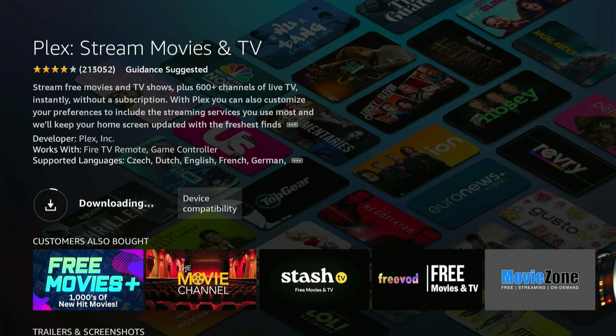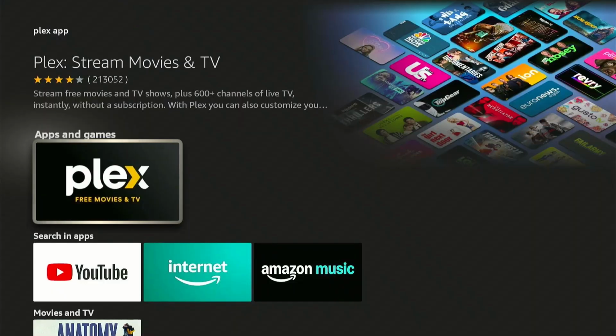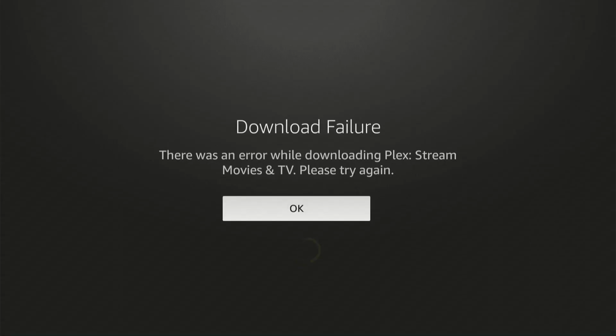Now very quickly I'm just going to download that update and get it installed. This can happen where you download an application, it downloads without the update. So on Fire Stick, if it downloads without the update, all you need to do is just download the update, let the update install and then you open the app. So right there the app has completed downloading. I can just click on the app and that will launch it. So give it a couple of seconds